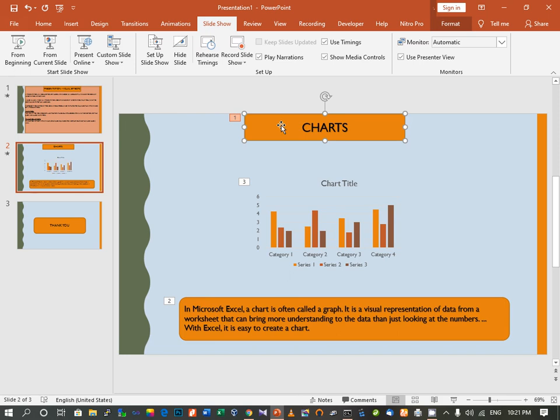Here you can see that we have applied the animation effect to these three objects. You can see the sequence also, meaning how you want them. First we had chosen the chart, so one is appearing over here. Then we applied it for this one, so two is appearing here, and then we have chosen this one. Now suppose you want to change the order, so that can be done.